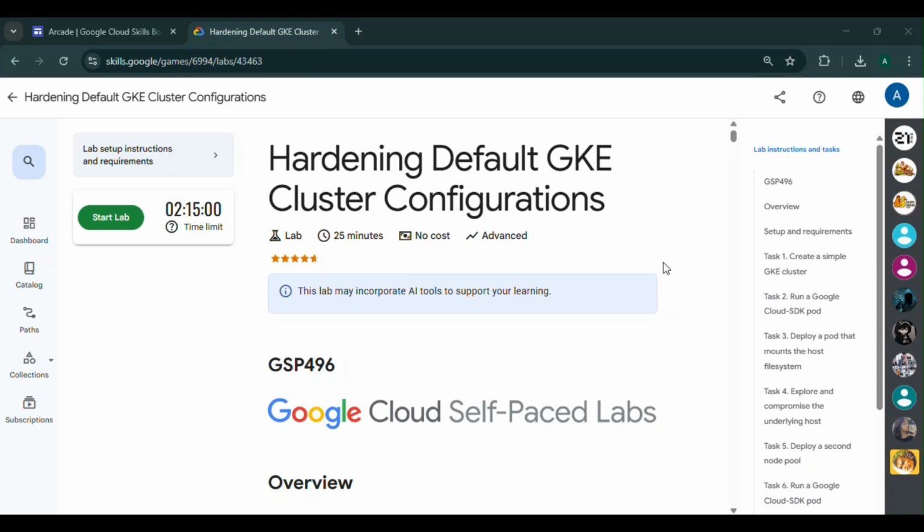वेलकम बैक टू कॉर्टेक्स। आज हम करने वाले हैं हार्डनिंग डिफॉल्ट जीके क्लस्टर कॉन्फ़िगरेशंस। फर्स्ट क्विक स्टार्ट लैब।